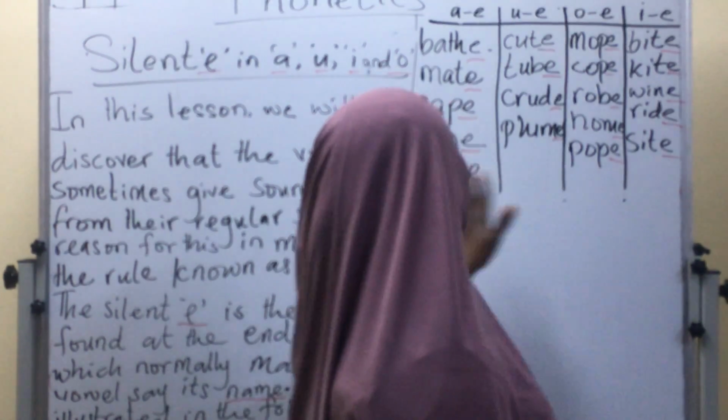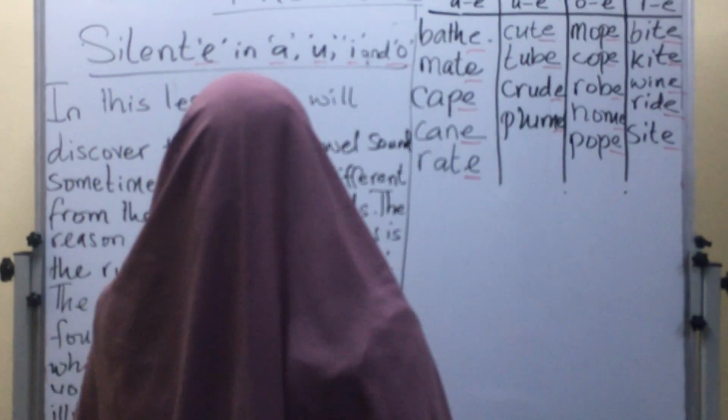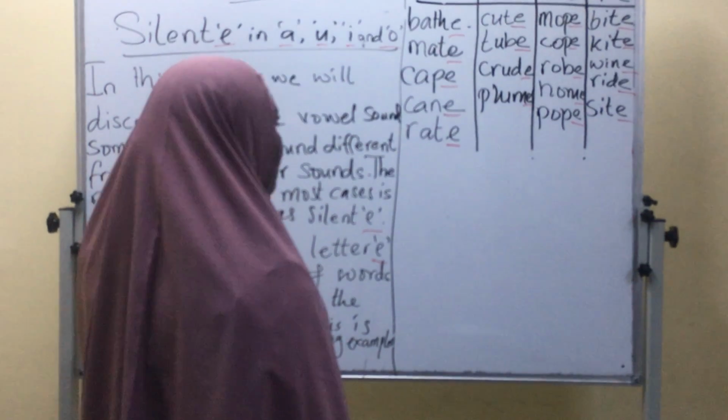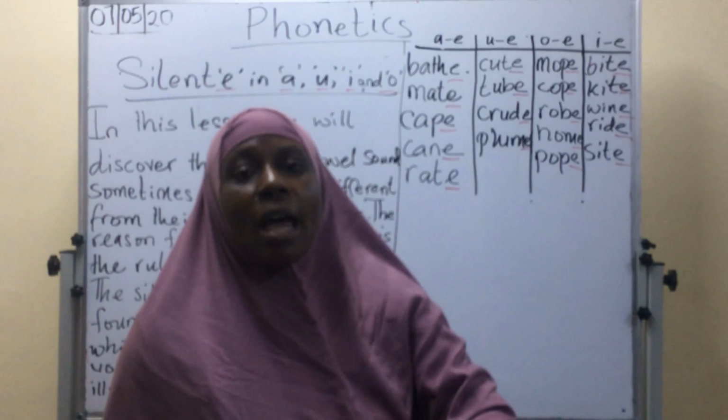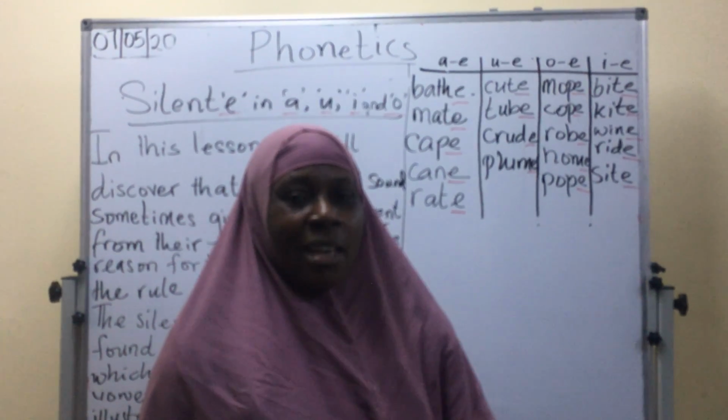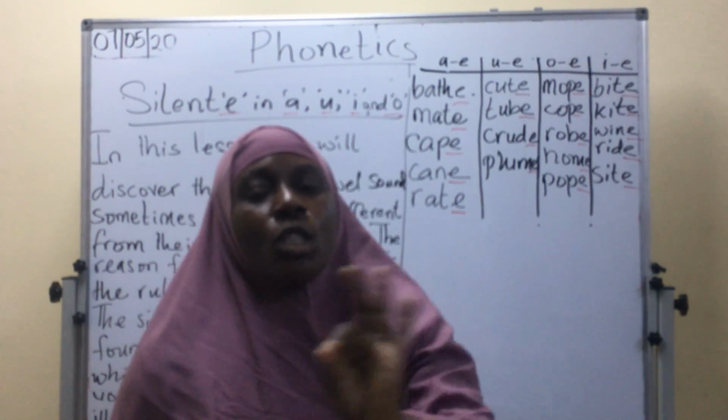As a way of summarizing these lessons, I told you that when you say something is silent as a letter, it doesn't make a sound. It is there. In writing, you see it, but it does not